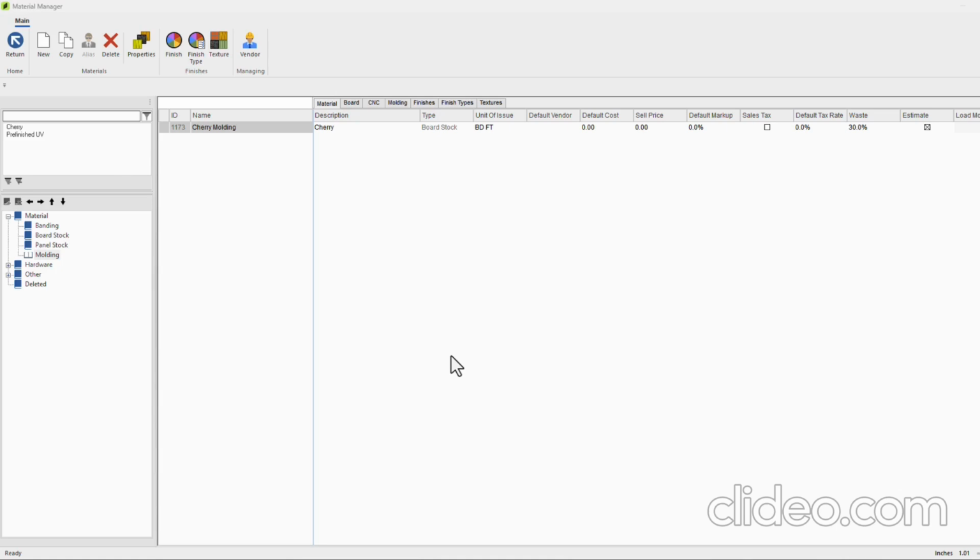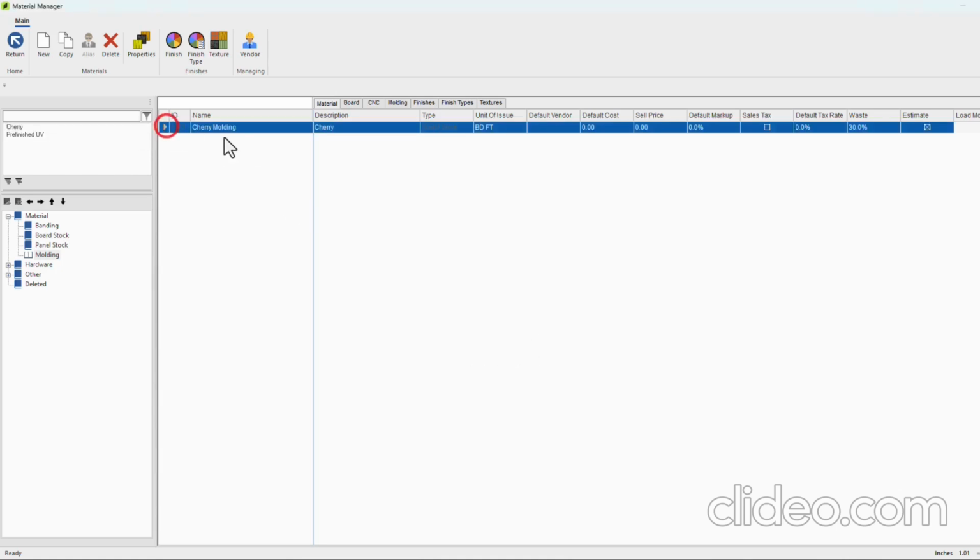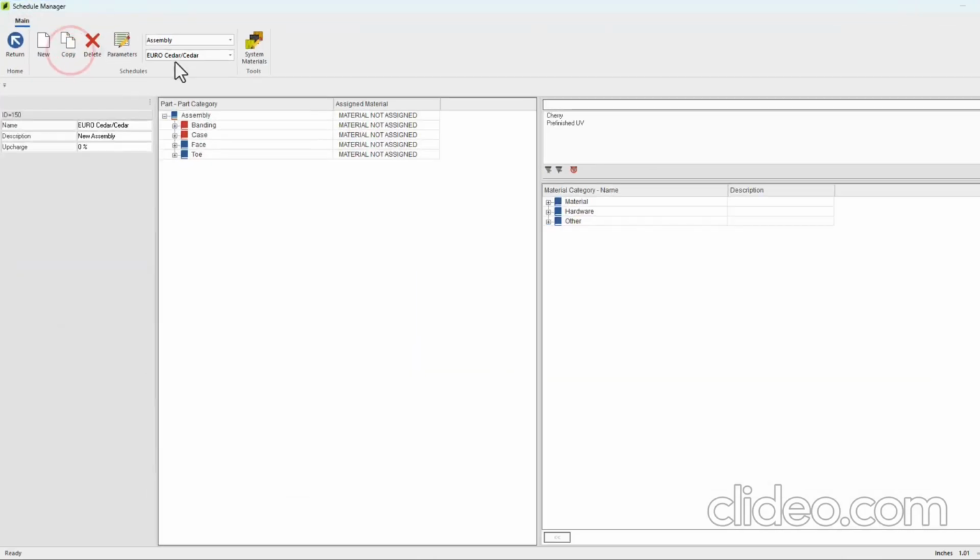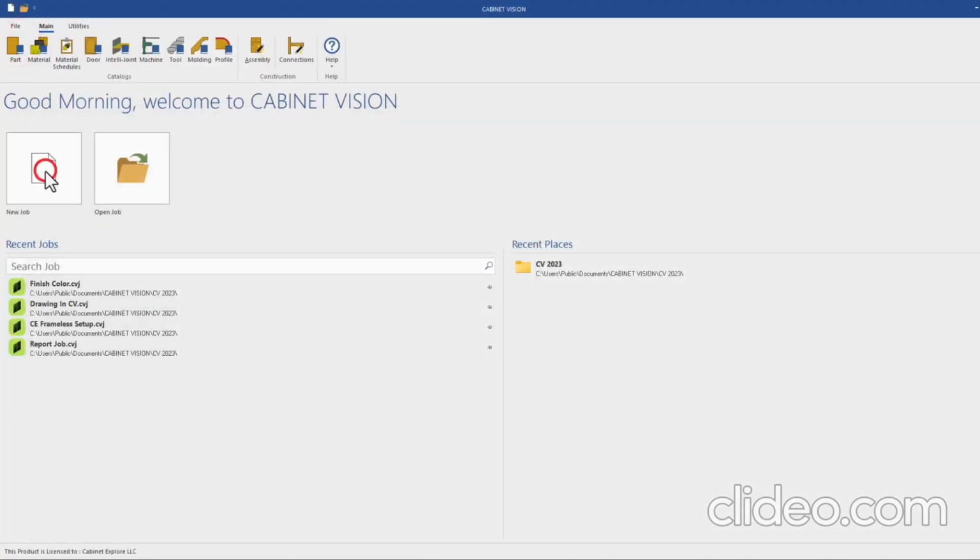as materials. Just to refresh what we covered in that video, I created a material called Cherry Moding, but really it's just a board stock. Then I went to material schedules and I literally just assigned that Cherry Moding across the board. And if I go into a job,